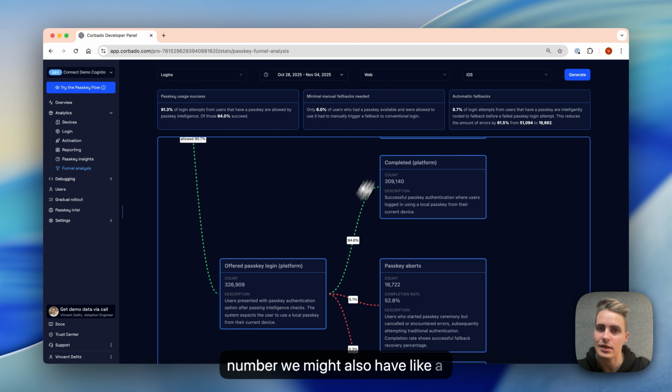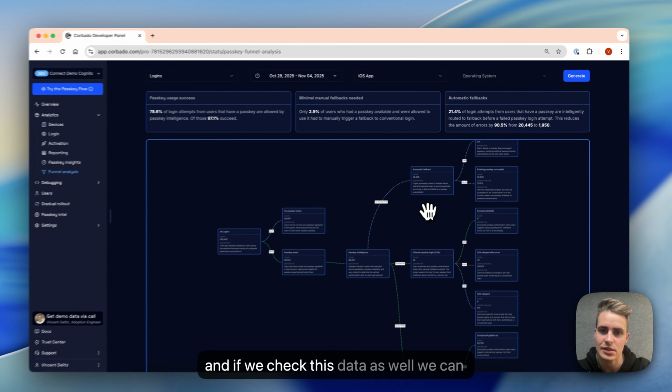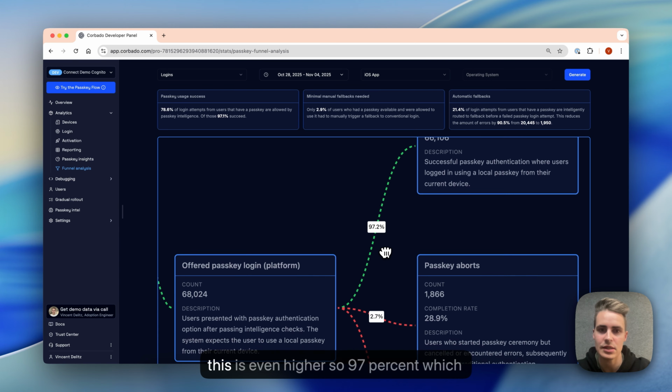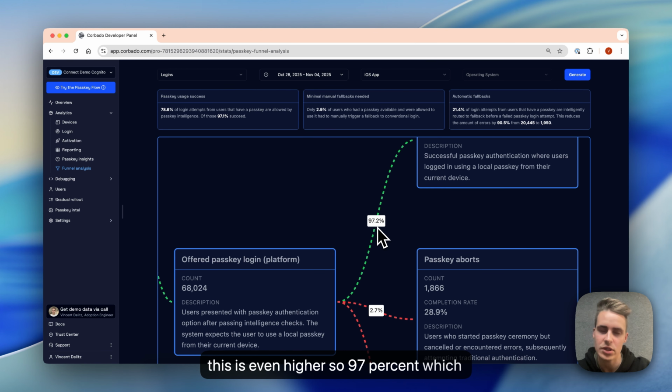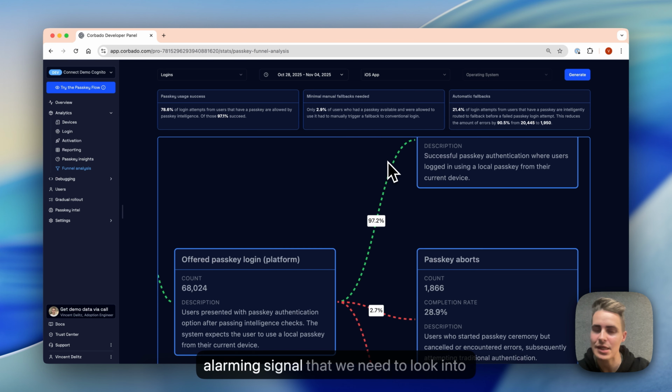We might also have a different application on a native iOS app. And if we check this data as well, we can again compare the number and see, hey, this is even higher, so 97%, which is, I think, in a range that is acceptable. So there might be still some room for improvement for our web app. However, if there was a bigger difference between those 2 paths, that's usually an alarming signal that we need to